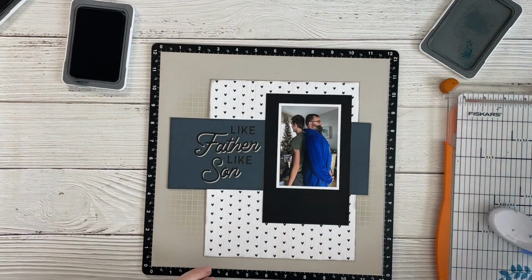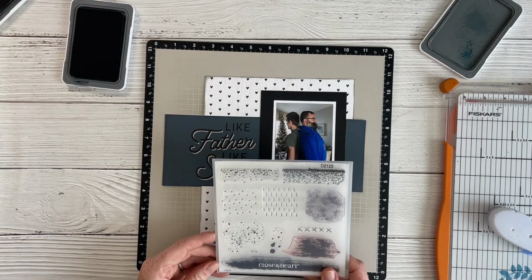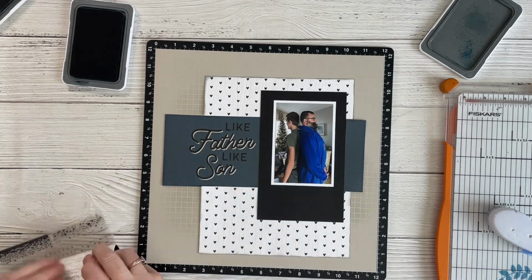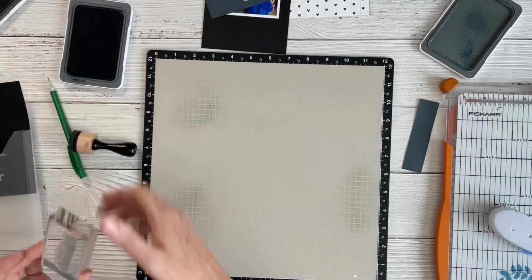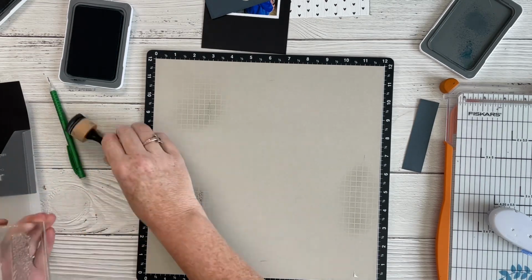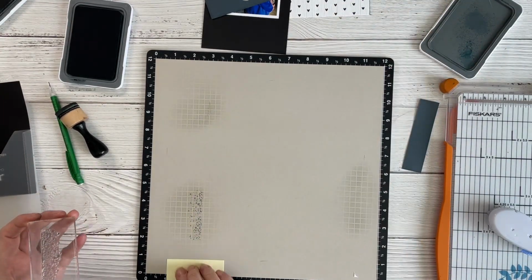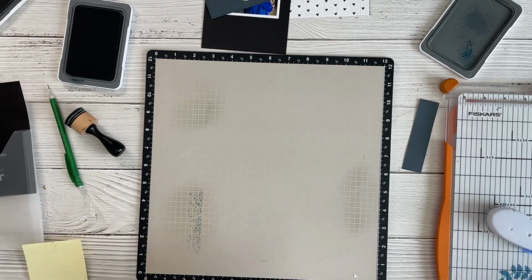I'm going to use one of the background texture stamp sets. I will link the one I use down below. It's not Perfectly Imperfect Patterns, it's the other one. So I decided to add a little bit of Harbor, and I had just seen Janice, and I think she got the idea from Carrie, if I'm not mistaken, inking up a stamp by using a sponge dauber or a sponger tool to get the ink from the ink pad and then loading it onto the stamp. And that way you get an even more subtle